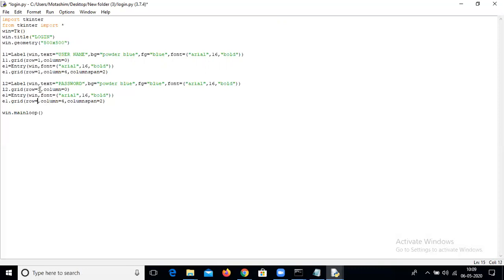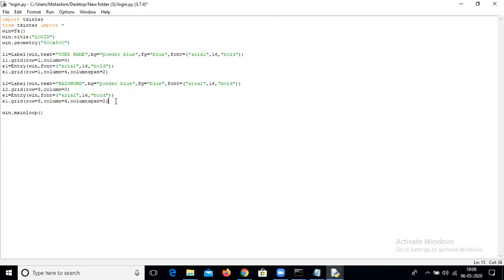If you want the text field or entry in front of password, make the row number the same, and the column will be the same as this. This will make it systematic.